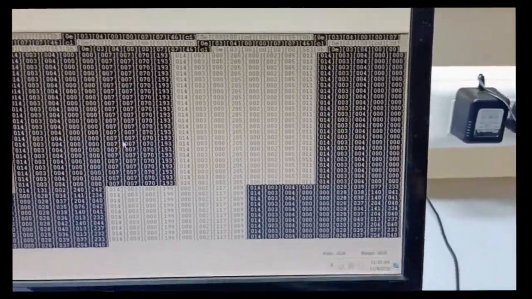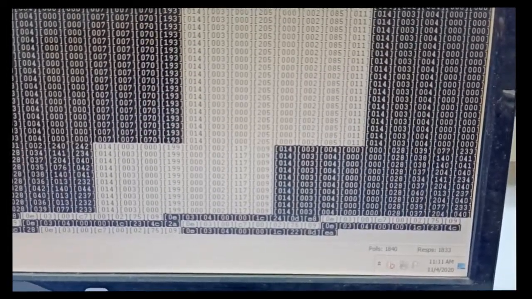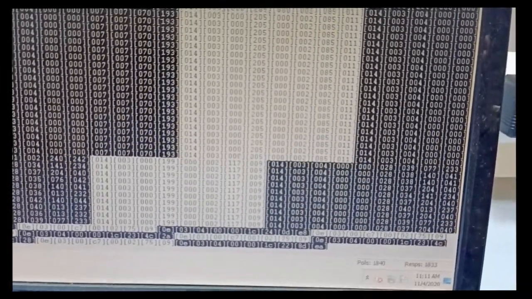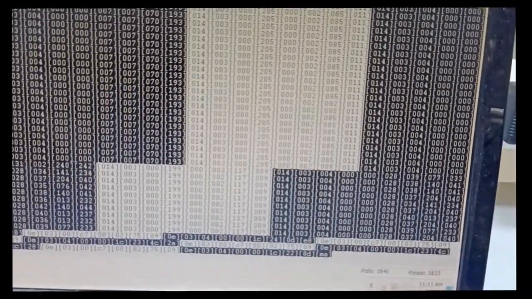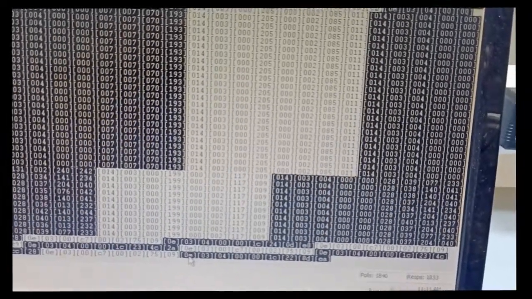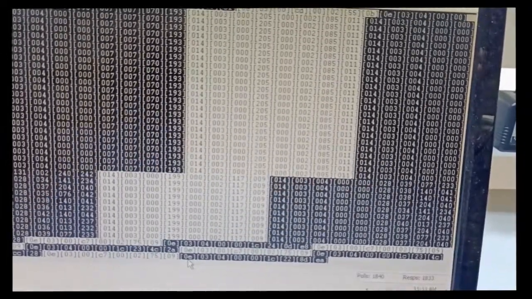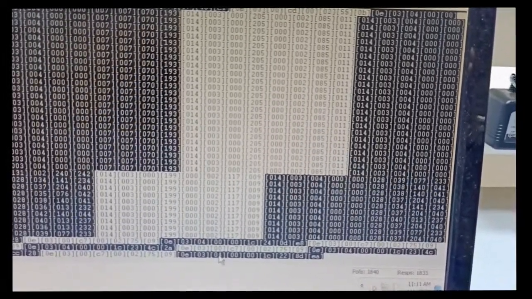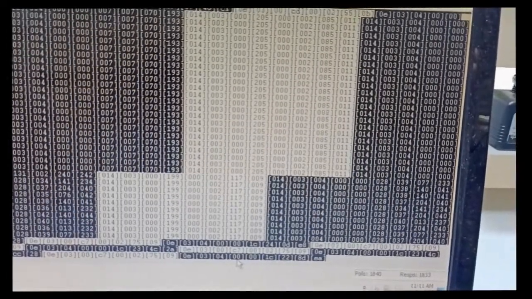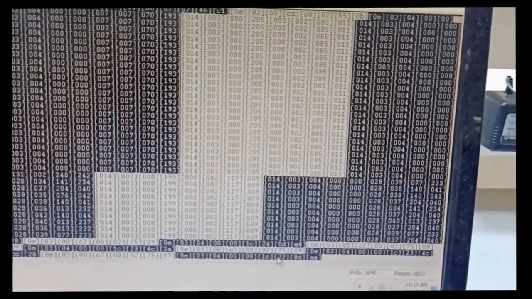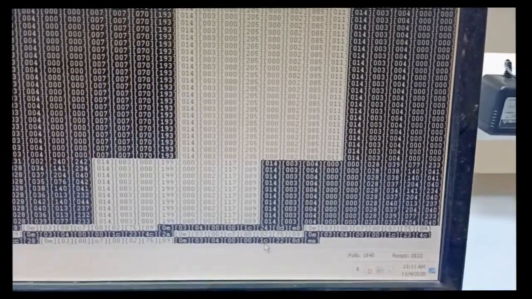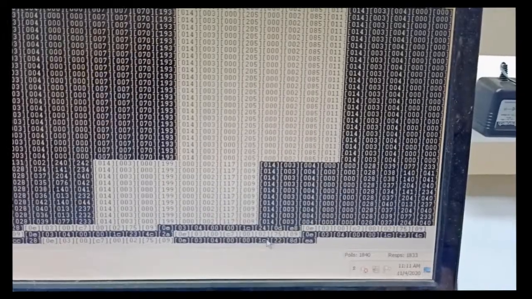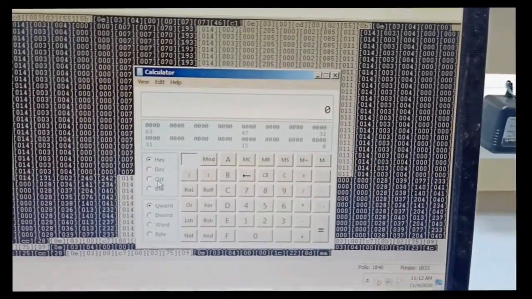So let me convert into hex format. Here I have converted the data format into hex. So 0E is 14, which is the meter station ID. 03 is the query type. 04 is the number of bytes we are getting from the meter. These are the 4 bytes which are the value for the kVA. Then the next 2 bytes are the CRC.